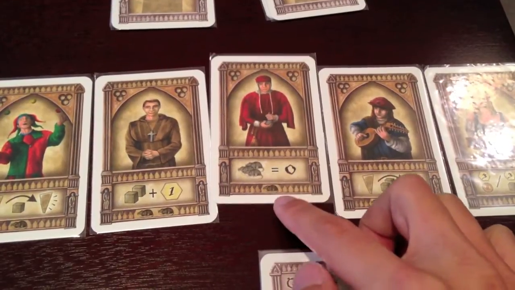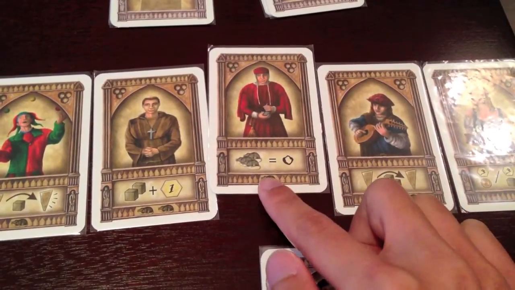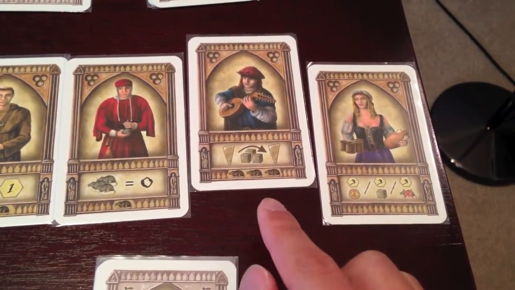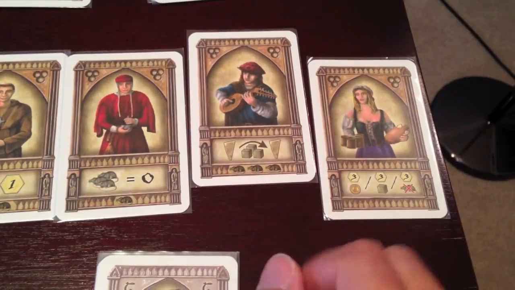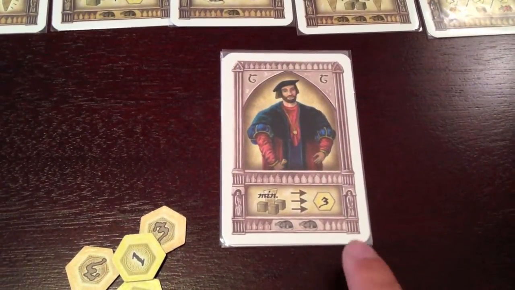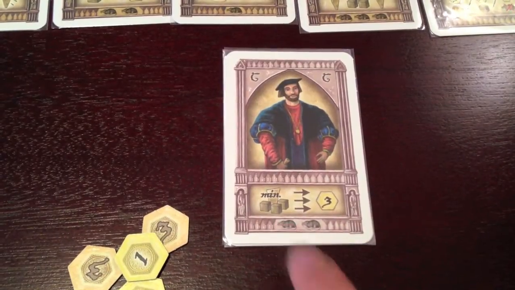By hiring the Doctor, the player reduces the plague value to 0 for himself for this round only. By hiring the Minstrel, the player may move 1 to 3 cubes from any one sector to another. By hiring the Mayor, the player will receive 3 victory points for each sector in his burrow with at least